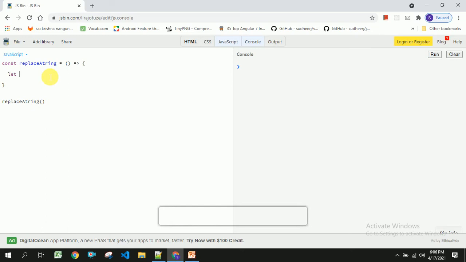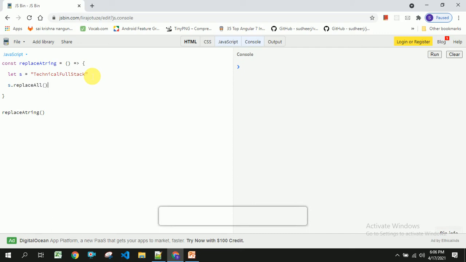Now here I am going to take some string s equal to, and now here I am going to replace the string value, that is s.replaceAll.